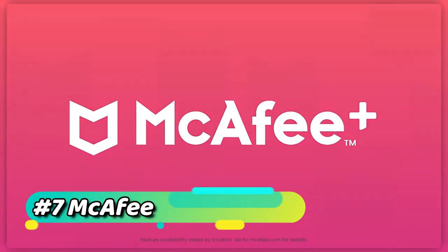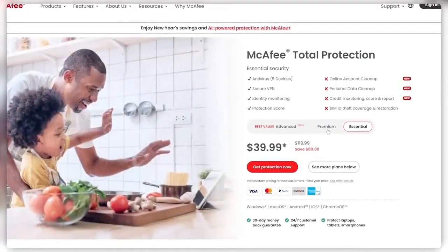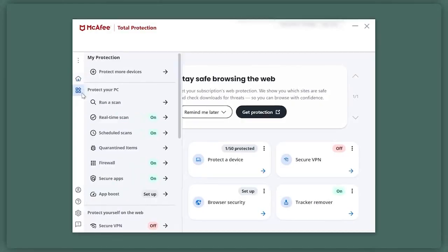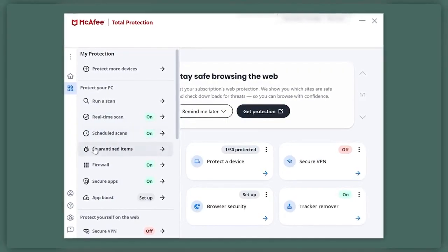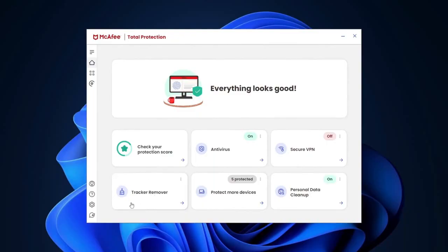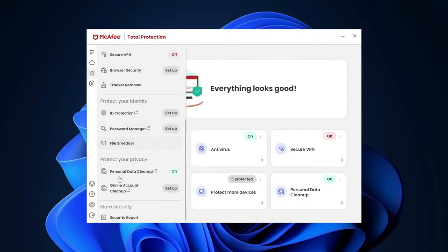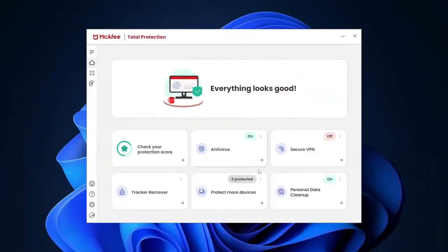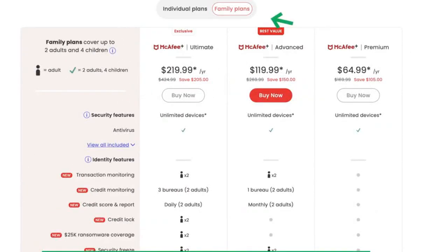McAfee is another provider that ended up in my best antivirus 2024 list, and it's a very solid pick, especially considering their flawless recent AV test scores. That said, while McAfee is among the best antivirus for Windows 11 options, their iOS app is very lackluster. Thankfully, all plans include basic anti-malware tools, plus a firewall, web protection, and additional features like a VPN and password manager. It's a very user-friendly choice with lots of features, though what you get is very much based on the plan you pick. Also, their plans are very confusing, and the higher tier ones can get really...